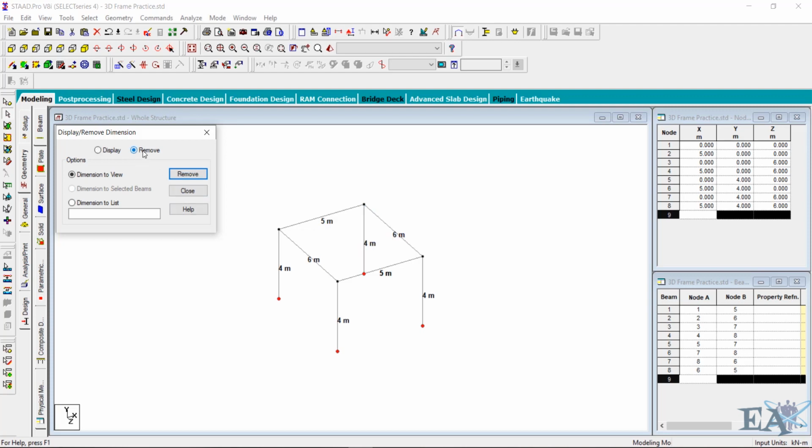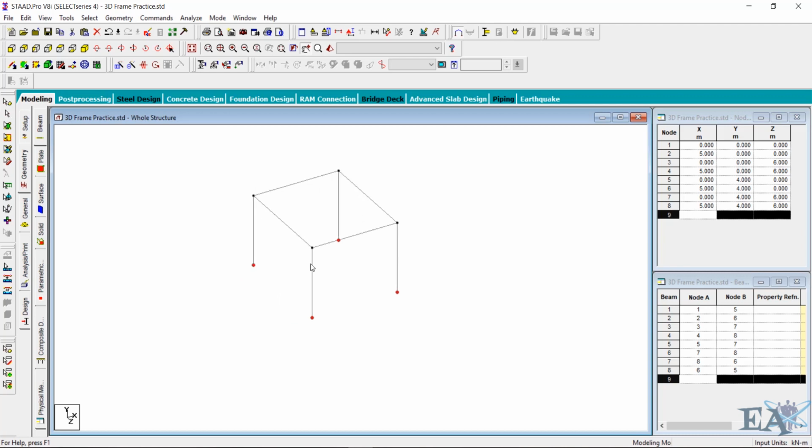Choose remove and click on remove. After that, click on close. Let me tell you that there are different other methods by which you could have drawn this frame. This is not the only method. You have to keep on practicing, and once we do the building, you will have known most of the methods, and you have to keep on practicing so that you can find your own method which you feel is the easiest one. Now moving on, let us go to the journal tab,